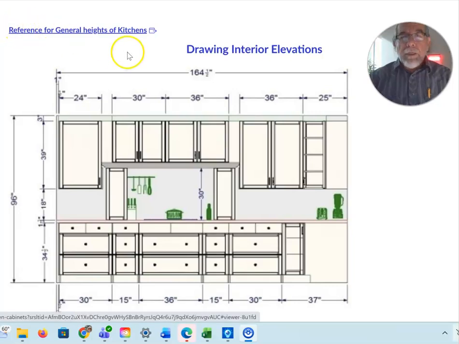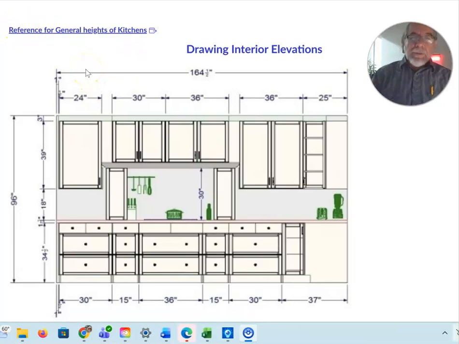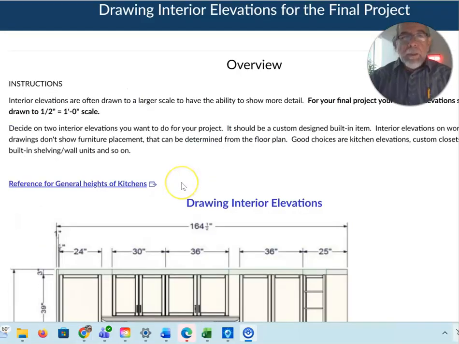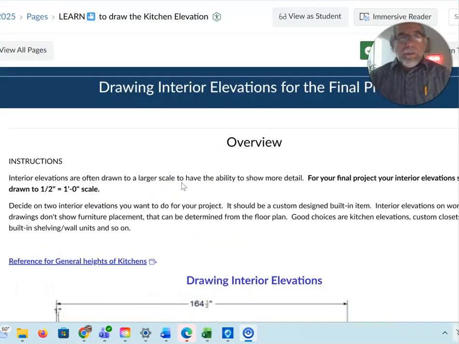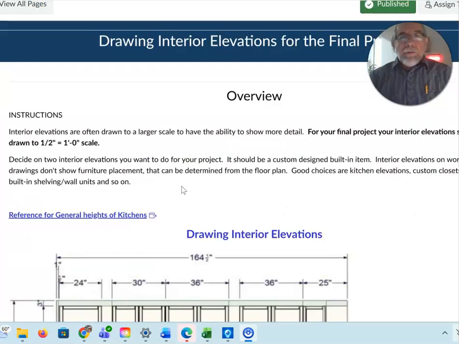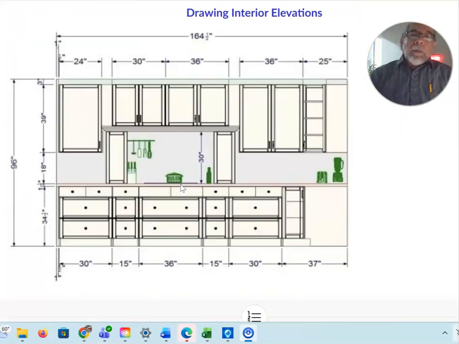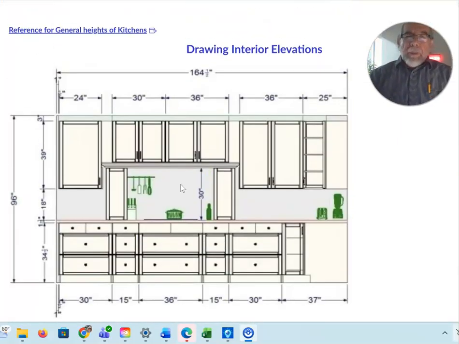Hello, students. I want to welcome you to this drawing session featuring drawing interior elevations. And I want to show you how to go through a method of creating your own cabinet and kitchen elevations using your floor plan. I'm referring this week to a module which we have for interior elevations that will apply to the final project. Here is a good example of what you will see when you take a look at